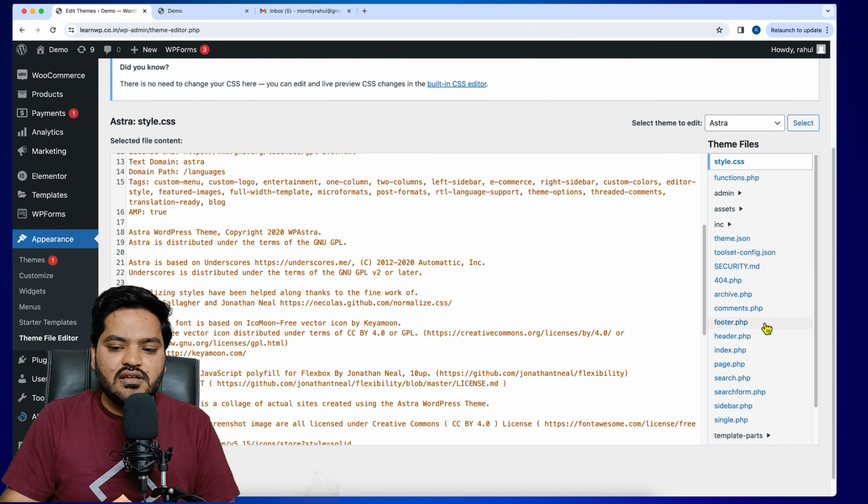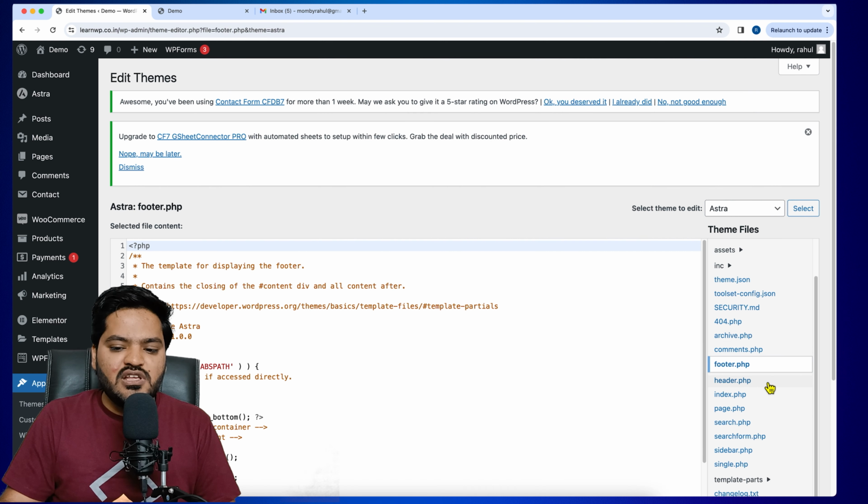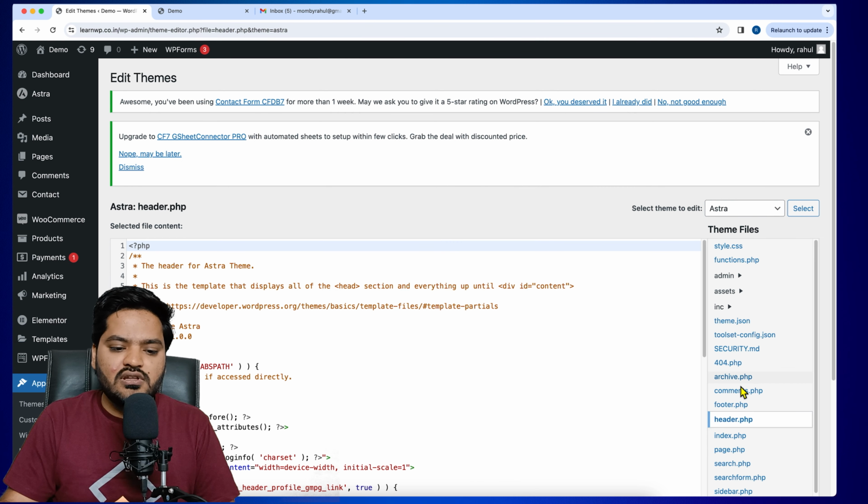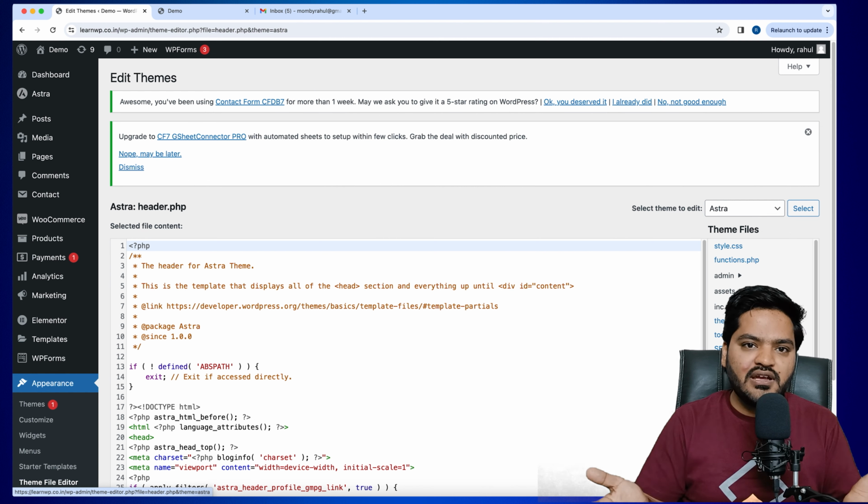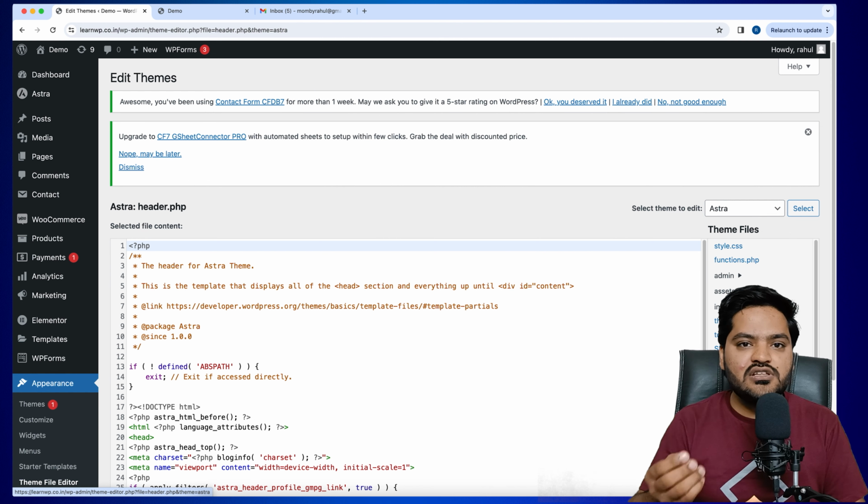So you can see here, there is an option called footer.php and header.php. It means if you want to add some JavaScript code in the footer of the website, then you can add it in this file. Or if you want to add it in the header part of the website, then you can add it here in the header.php. But if you are a beginner and you don't have any knowledge regarding the code,